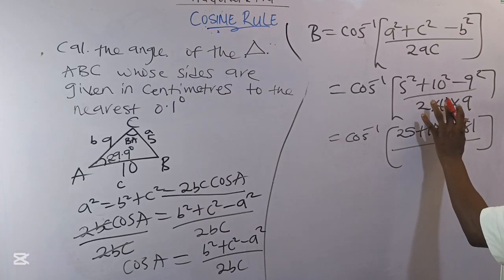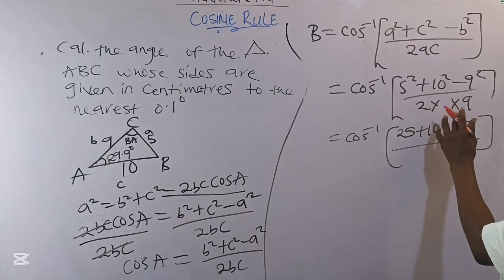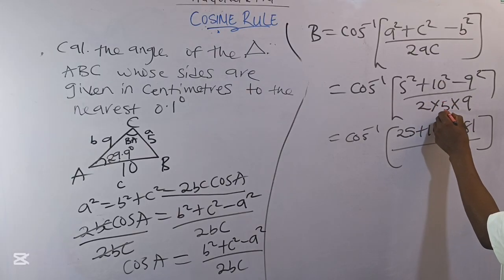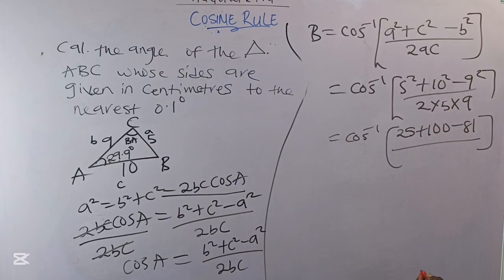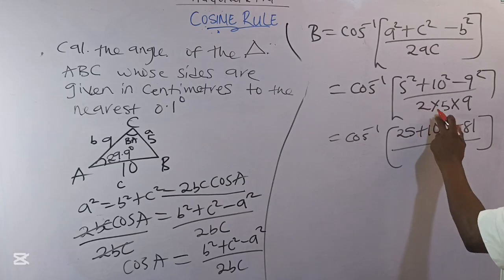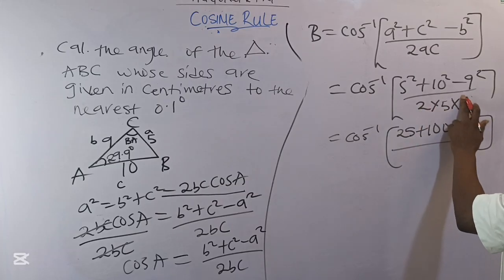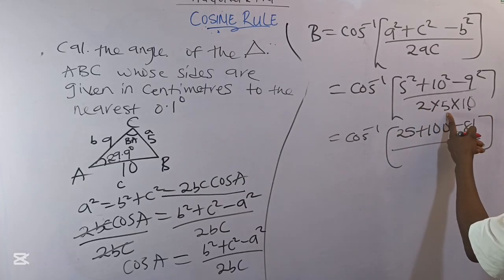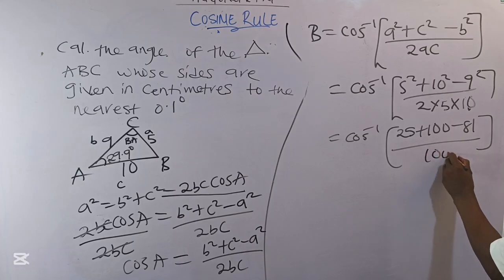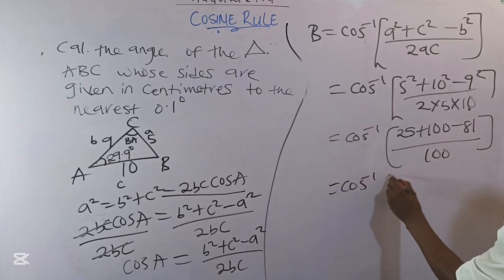This 10, this should be 5. And C is 10. So this should be 5 times 10. So 2 times 5 is 10, 10 times 10 is 100. So I have cos inverse of